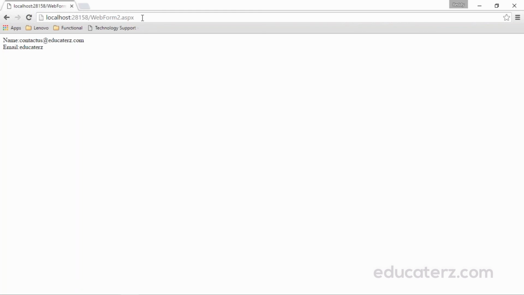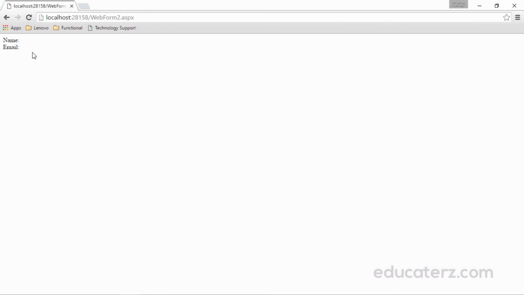Compared to query strings, the query string is client side state management, but session state variables are server side variables. So you can pass your sensitive data with these session state variables when you use mode equal to in proc.